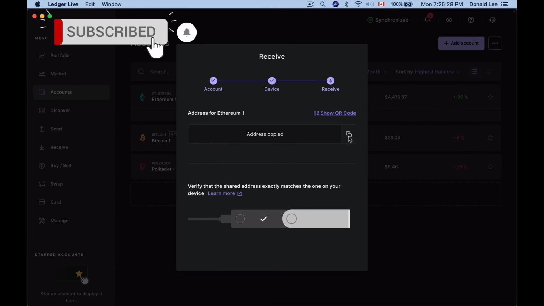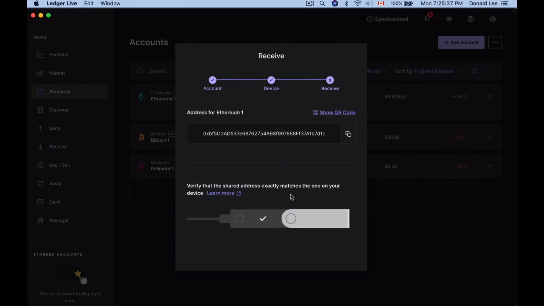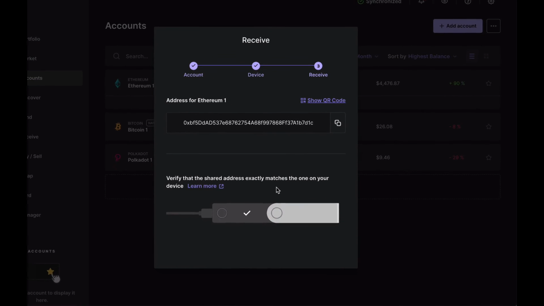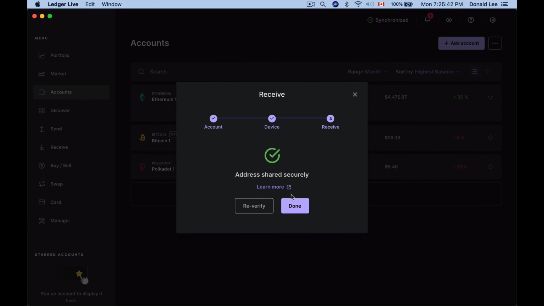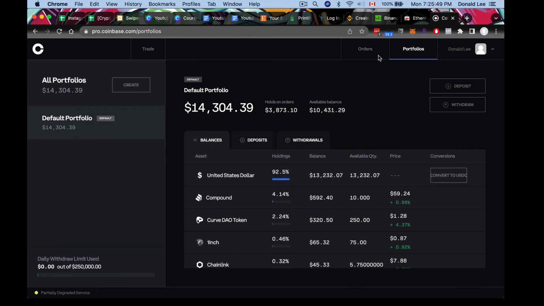So click copy, address copied, and you would want to verify that the address is actually the same one that matches on your Ledger device. After that, you click approve on your Ledger device, and that address has been shared securely. So you click done, and what you want to do is go over to Coinbase, for example,